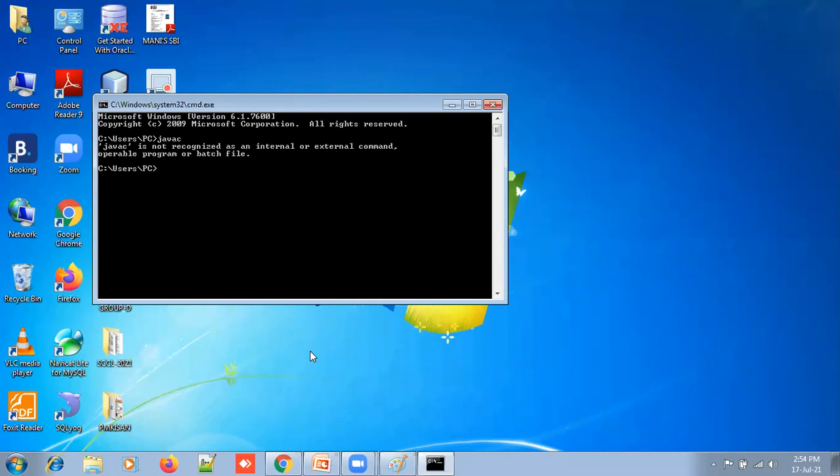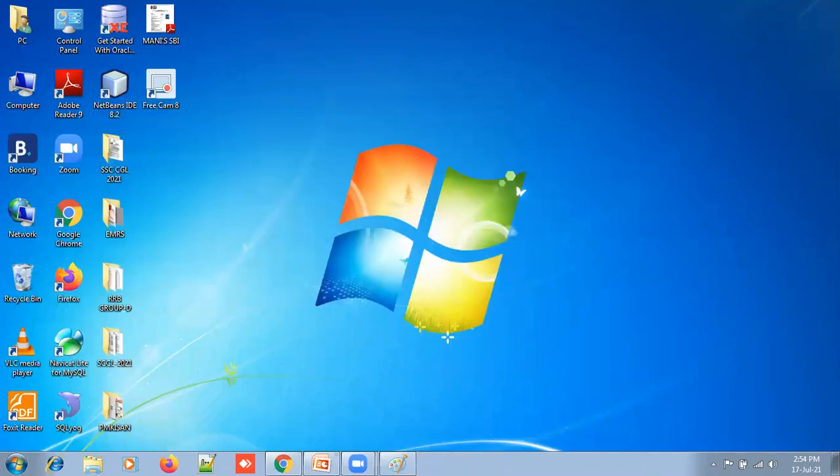Here javac is not recognized as an internal or external command. How do we fix it? The rectification has two ways. The first one is called the classpath, where we show the path where Java is installed on my machine. We are going to set that particular path. Setting the path can be done in two ways. First, we can set a temporary path. The temporary path lasts only until we close the command prompt. Once you close the command prompt, your path is gone.